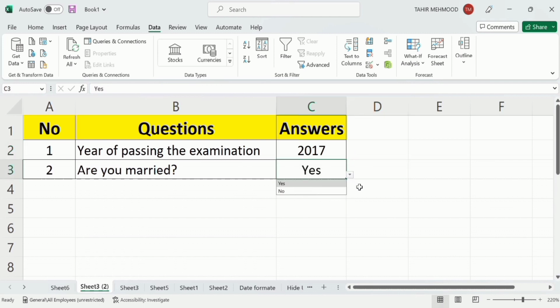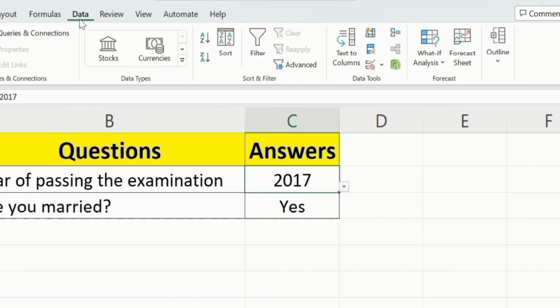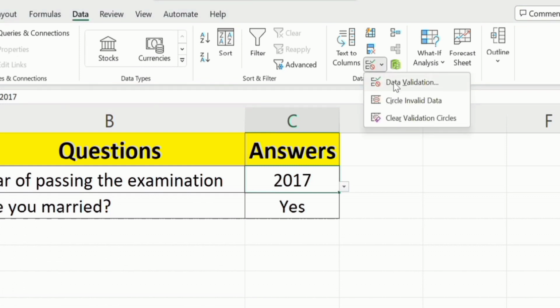I will explain both these methods. Firstly, I will select this one, and this drop-down list contains multiple options. To edit this drop-down list, firstly select the cell which contains this drop-down list. After that go to the data tab and in the data tab you will find the option of data validation under data tools. Click the data validation option